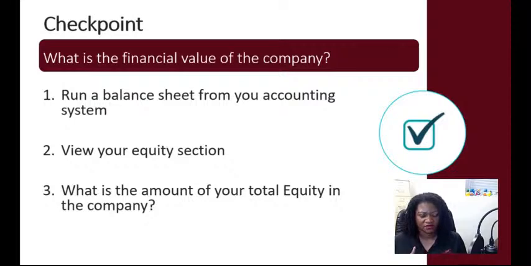So one way to increase your equity in your company, or the value of your company, is to increase your operating activities, generate more revenue to increase your net income. That's going to create an increase in the equity. More sales, less expenses, less personal draws from the business. That will all